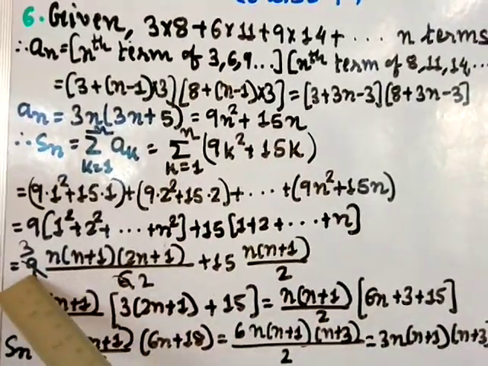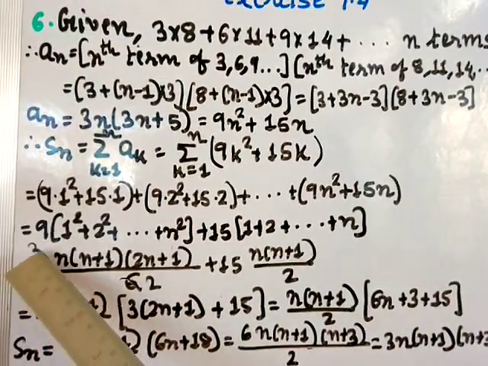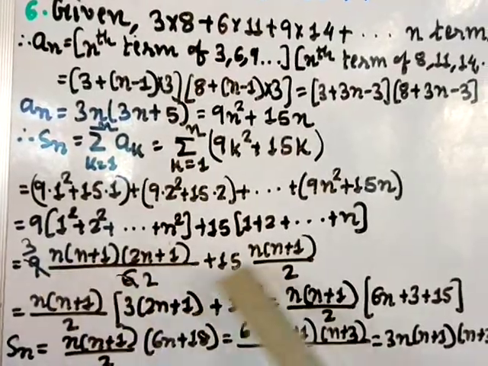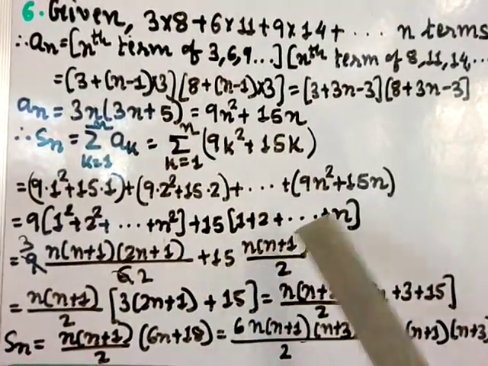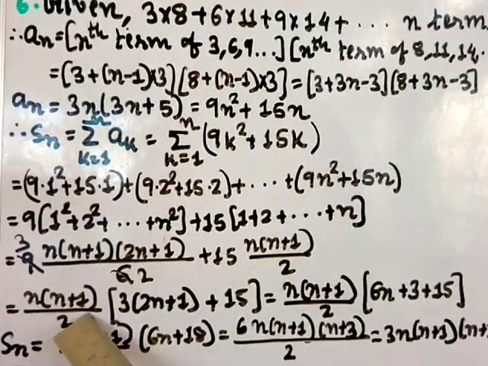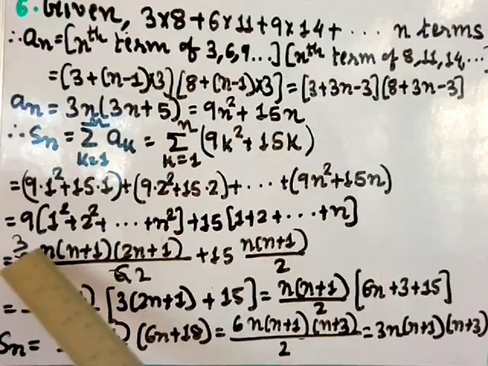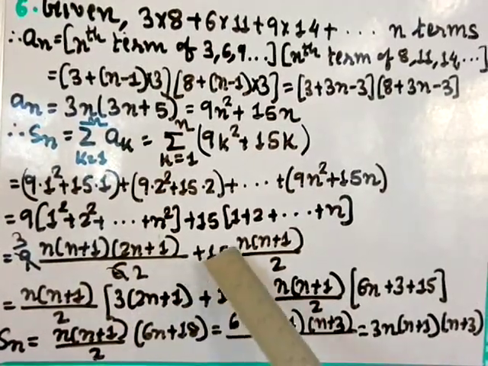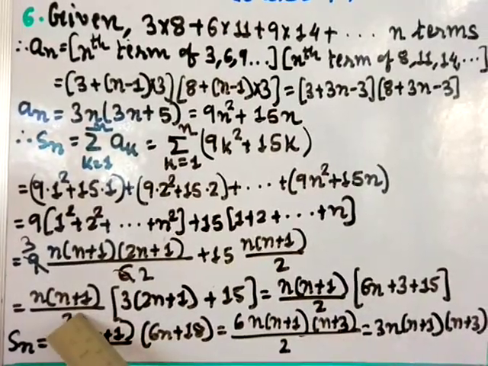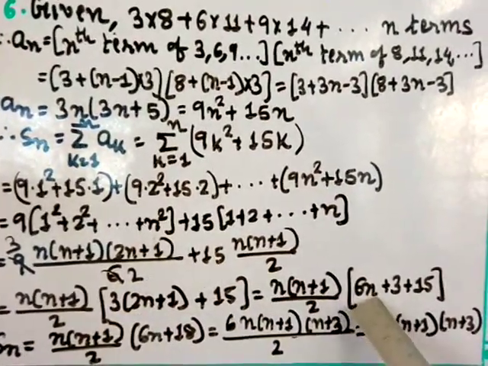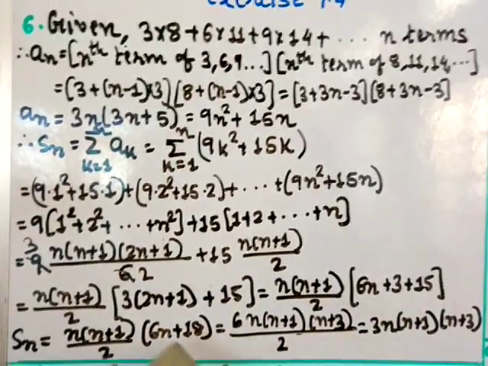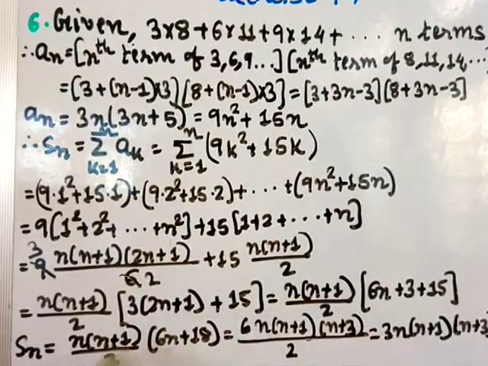Here I can cut the 9 and 6 by 3. So 3 threes are 9 and 3 twos are 6. So here 3 remains, here 2 remains, right? Now both these terms have n and n plus 1 common, so you can take them out. So n into n plus 1 divided by 2, since both have 2, I take 2 common. So here remains 2n plus 1, and this 3 will remain, plus here remains 15. This whole term is taken out, so here n into n plus 1 by 2 as it is. Multiply inside: 3 into 2 is 6n, plus 3 into 1 is 3, plus 15. 3 plus 15 is 18. 6n, and these terms are as it is.